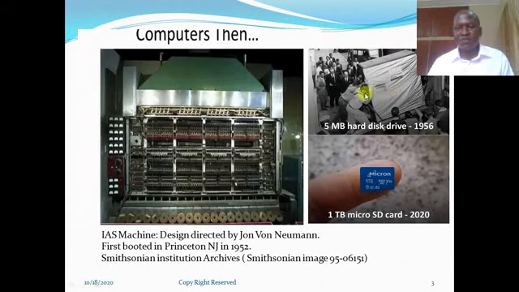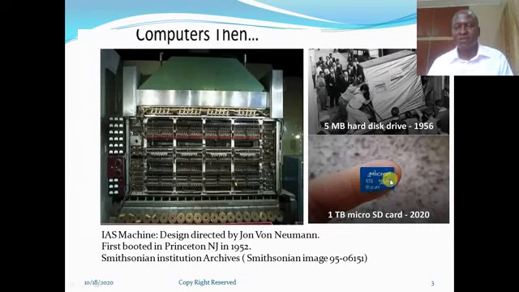Now, here at the top right of this slide, I'm sure you all see something that would surprise a lot of the younger generation. This was a hard disk that is just 5 megabytes, in 1956, and you can imagine how large and colossal it is. You can even imagine the number of people trying to move or transport these hard disks to where they are expected to be used.